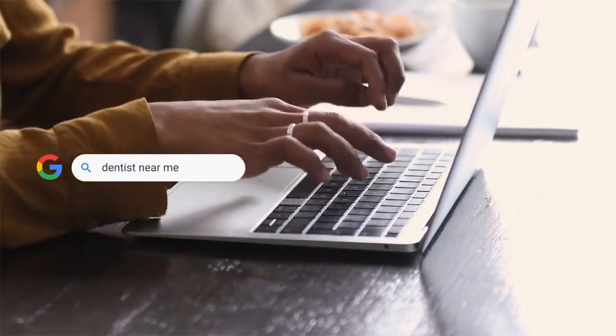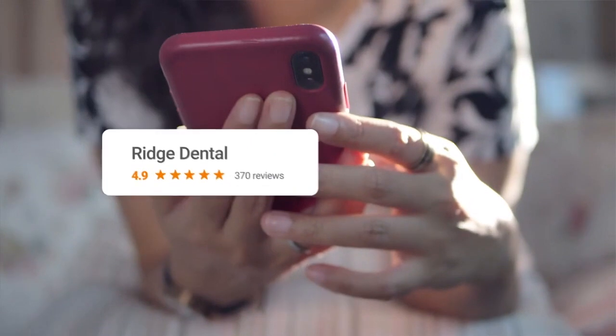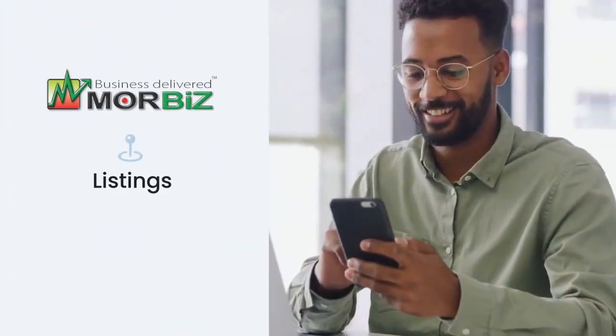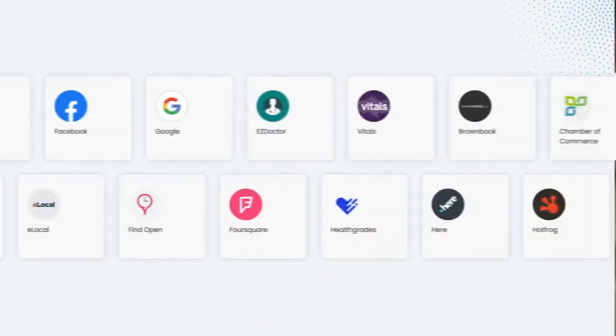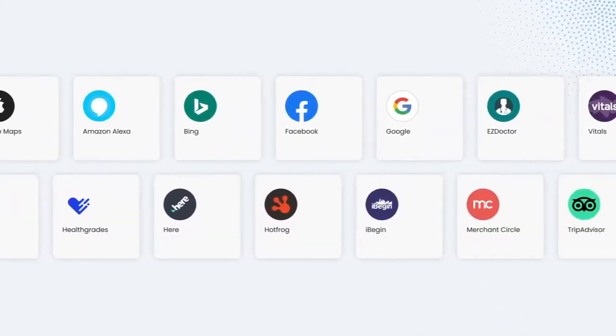Accurate online listings are essential for ranking high on search and attracting more customers, but managing listings across locations can become more challenging as your business grows. That's where MORBiZ Directory Listing Management comes in. From a single dashboard, MORBiZ Directory Listing Management provides accurate, real-time information about your business to Google, Facebook, Bing, and